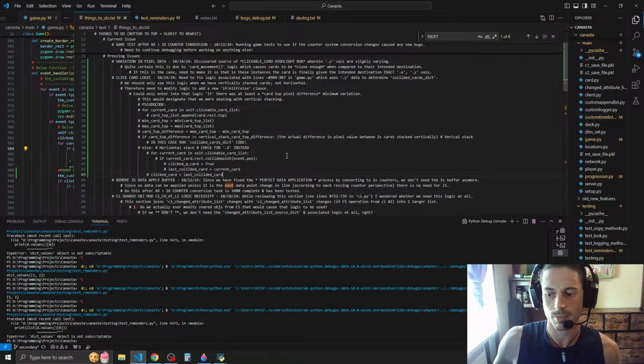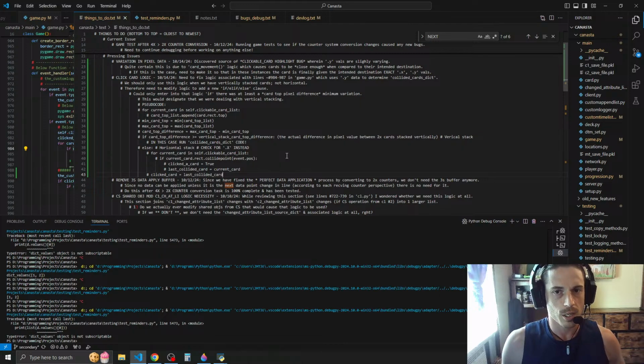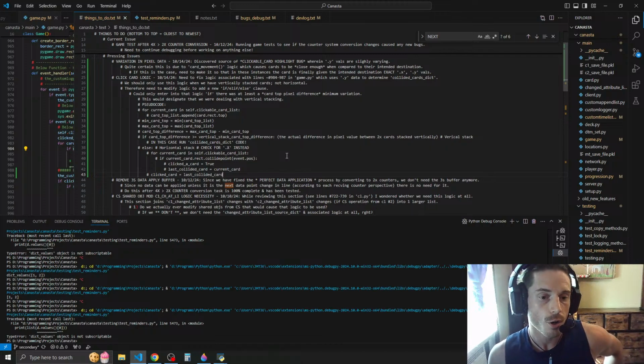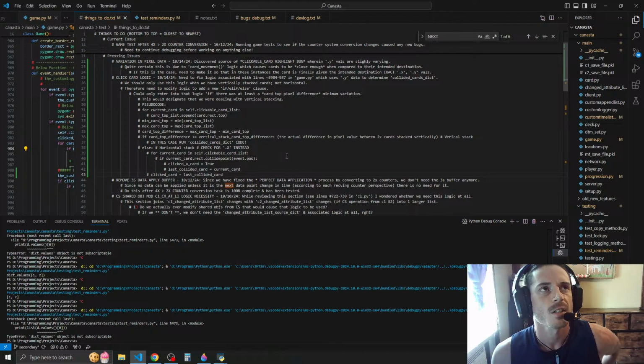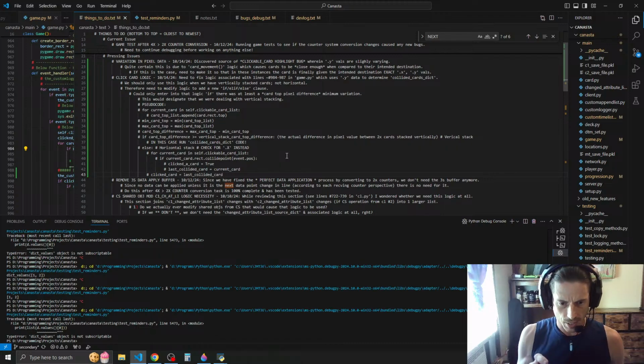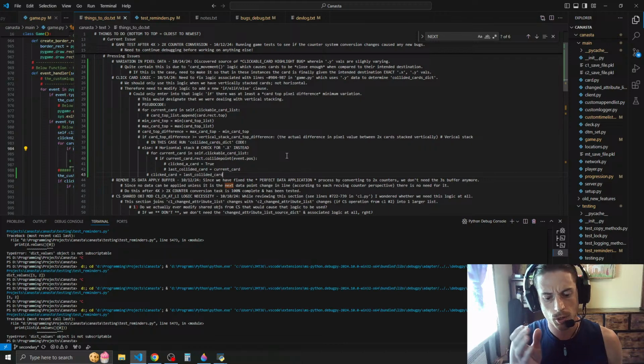Took me a really long time to do that, like crazy long. But I'm 99.9% sure this code is going to be perfect and will fix our issue. Now we have a new system in place for making sure we're registering the proper clicked card when we're dealing with two different types of situations: vertical stacking and horizontal stacking. And we have the logic that will make sure in those scenarios